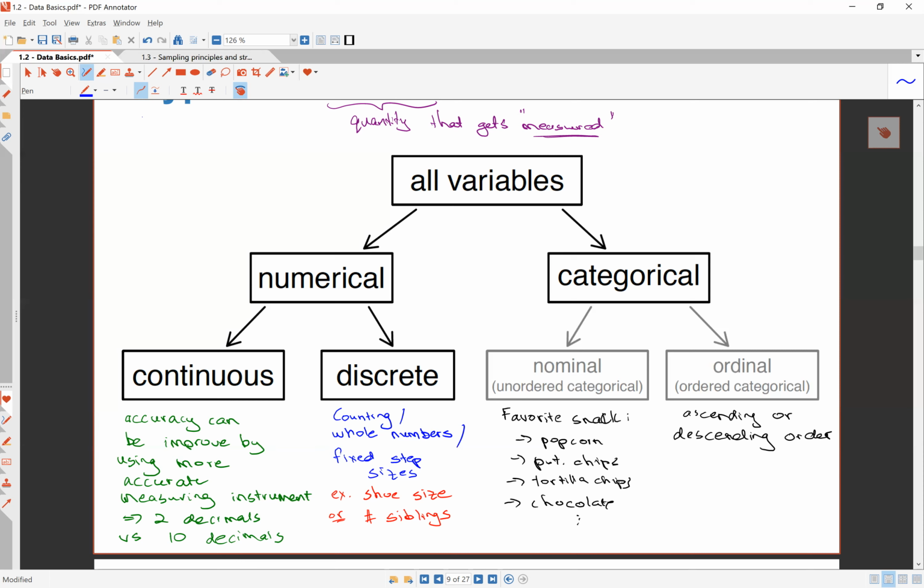No, that's a good question. So some things that at face value may seem nominal, the moment you start asking people to order them, then it can become an ordinal measurement. But the typical ones we'll see are already just categories that themselves have a natural ordering. So